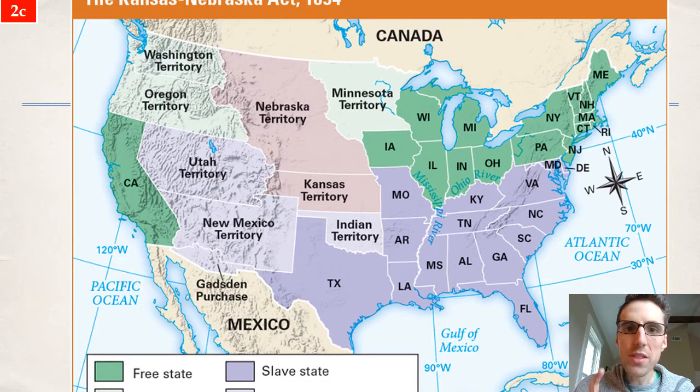Now, what does this mean for the country? I'm going to show you why this is such a big deal, okay? You may recall that the Missouri Compromise line says no more slavery above this line, which, by the way, we already broke with the Kansas-Nebraska Act. No more slavery above this line, okay? So Missouri, that's it. Nobody else, okay?